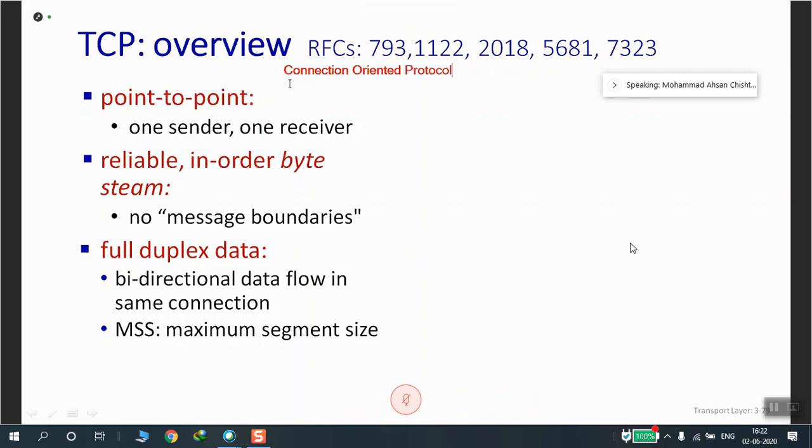So before the sender and the receiver start the transmission, before the sender actually sends the actual data, the sender does a handshake with the other connection.